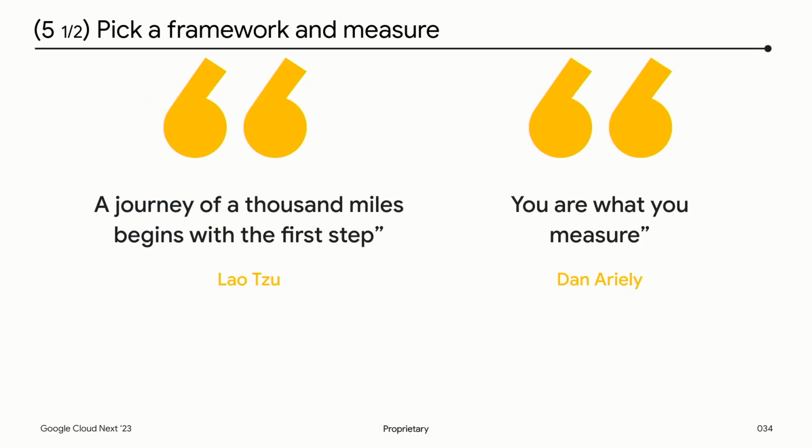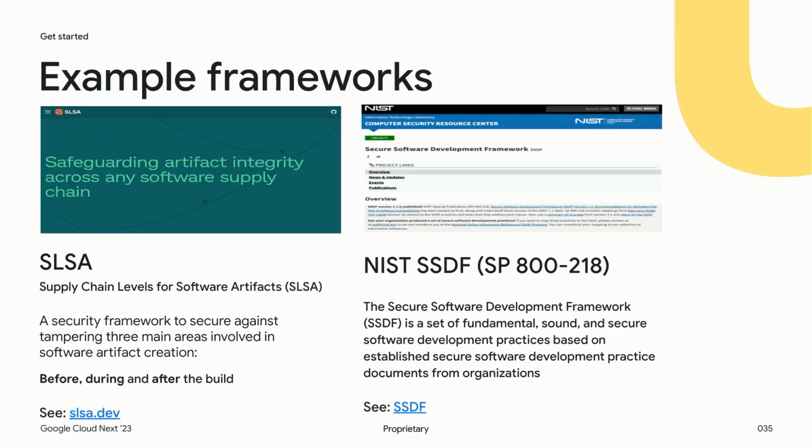The half thing that we talked about is, at the end of the day, there are many good software security and software supply chain frameworks. A key thing that we would advise is for you to pick one, right? Because you need to understand how you baseline where you are today and what the steps are to get better. And so classically, you need to take the first step, and if you don't start measuring, there's no path to improve. So if you look at a couple, SLSA, which has its origins in Google and how we do software supply chain security, its main focus is on a few things: integrity, logical control points like a single build service,